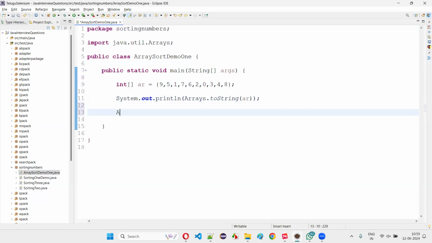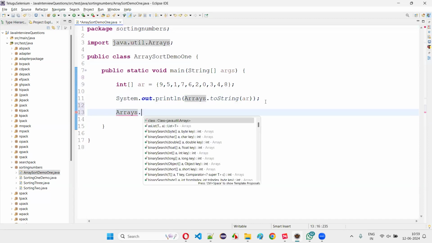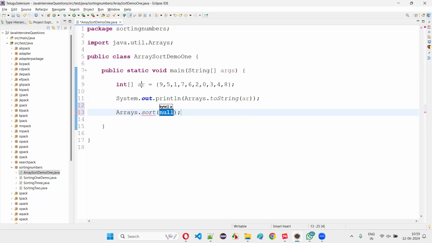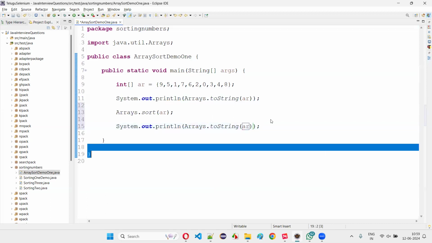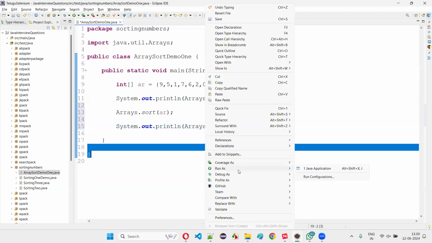Now I would like to sort. For sorting, we have to use the Arrays predefined class, which has a predefined static method known as the sort method. To this sort method, you have to pass the array name, and the sort method will sort the numbers in the array. After the sort method is applied, if you print the array the same way, Arrays.toString of ar, and run the code, the next line runs,